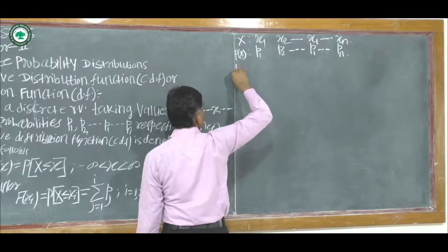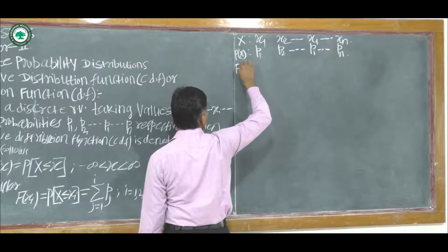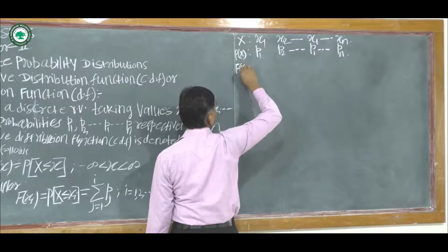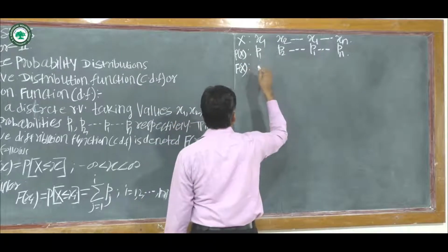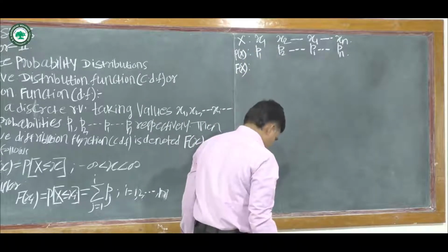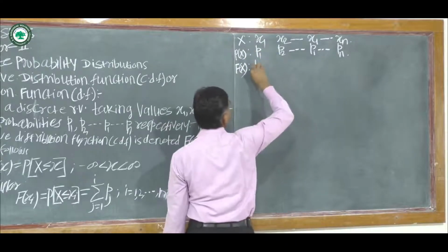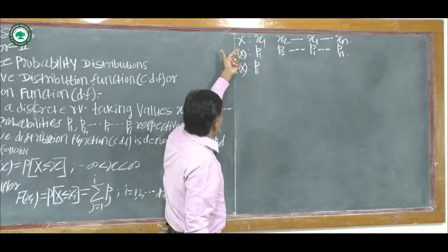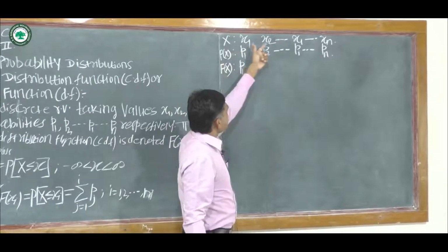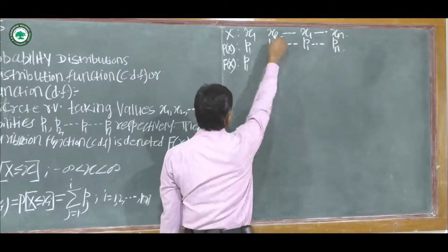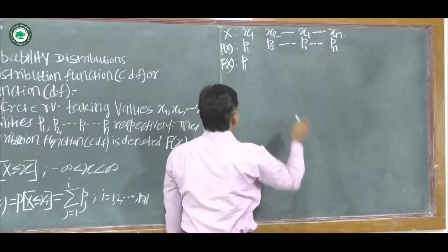Then the distribution function, CDF or DF: the probability at x equal to x1 is p1 as it is. Then probability at x equal to x2 is p2, then capital F of x at x2 is